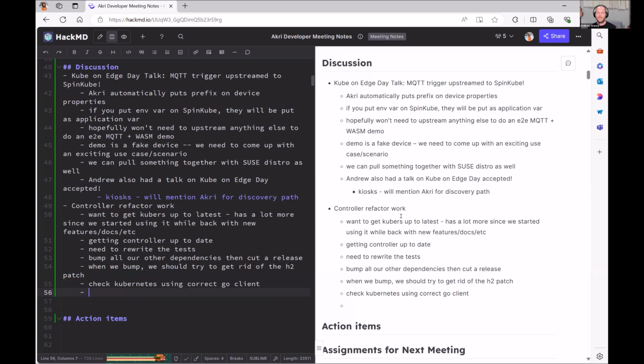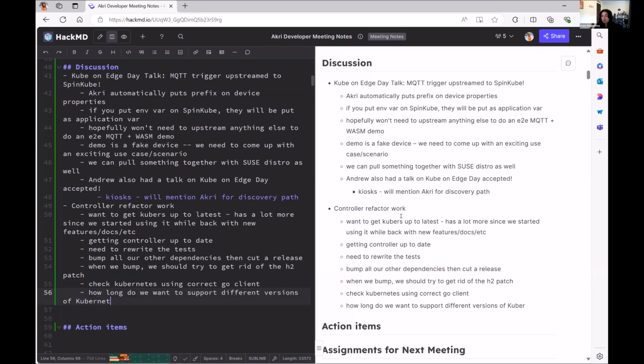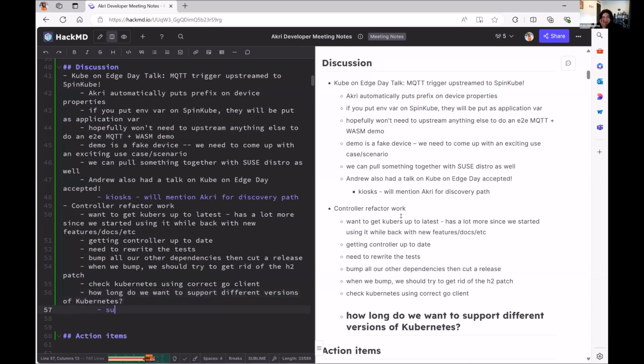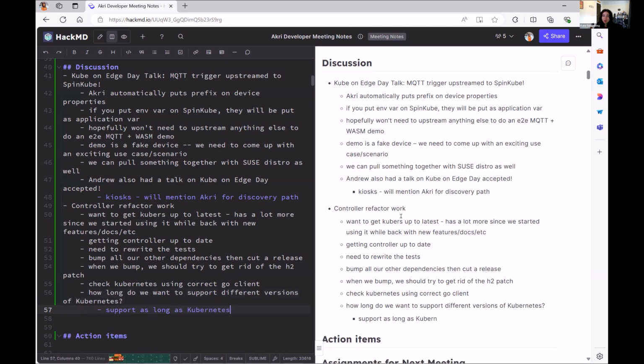We had the conversation about how long we want to support different versions of Kubernetes from a community point of view. I think we may have briefly in a previous meeting, and from what I remember, it was supporting as long as Kubernetes says that version is supported, like their support matrix, because we had some versions that Kubernetes was declaring as deprecated, or whatever their naming is for their phase out approach. So I think we've mentioned just staying aligned with that. So when Kubernetes phases out, that's an acceptable time for us too as well.